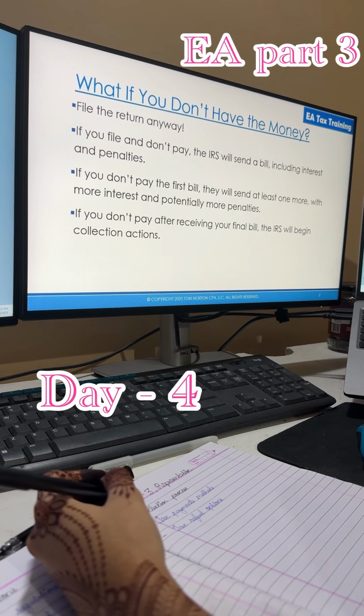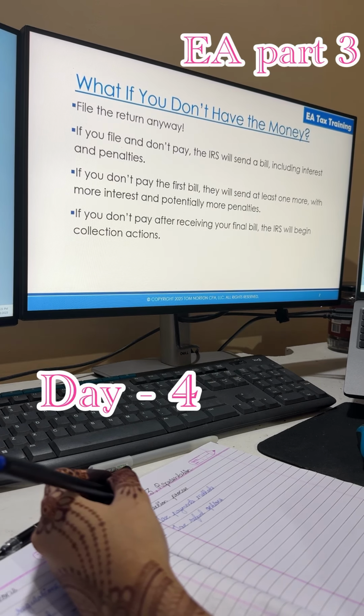What if you owe money and you don't have that money to pay? First thing is, file the return anyway. The failure to file penalties are greater